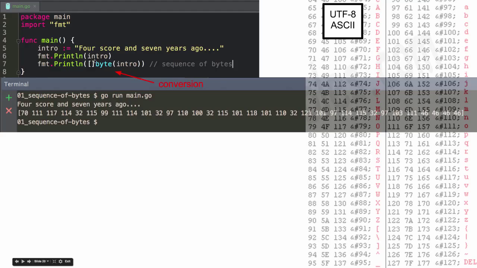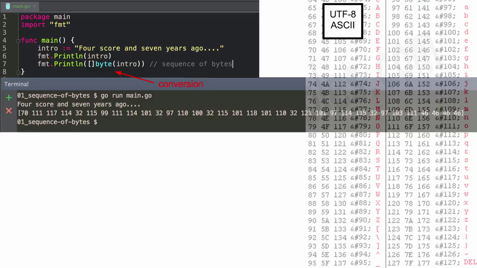Format print line intro, right? Print the string. And then I can say I'm going to convert this, and that's conversion. So it's like casting in other languages. But I think Go is very semantic, right? And uses terminology which is precise and evocative. And casting, while that's been in programming for a long time and in a lot of other languages, I don't know if casting is the best word. Conversion actually kind of makes more sense.